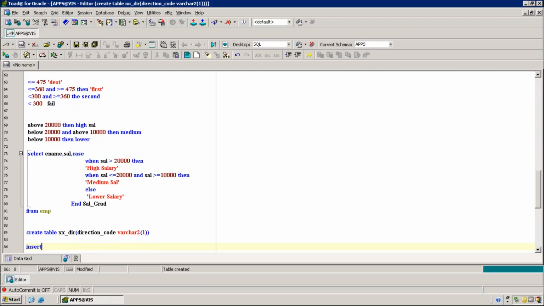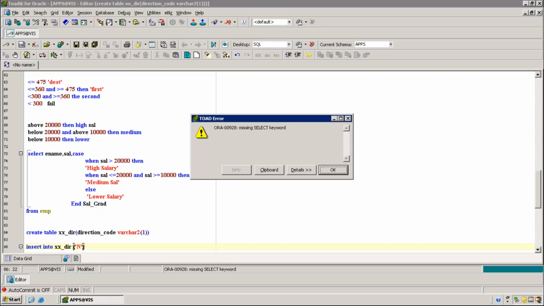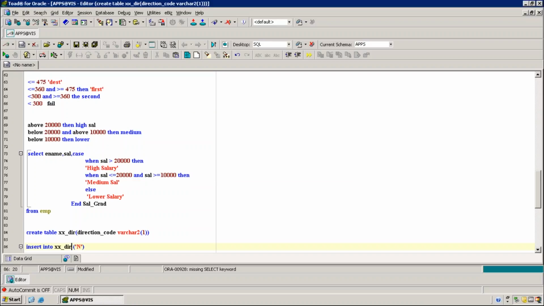I am going to insert the data into xx underscore dir. Tell me, insert into dir, what columns do you need to insert? Values. One row is inserted.